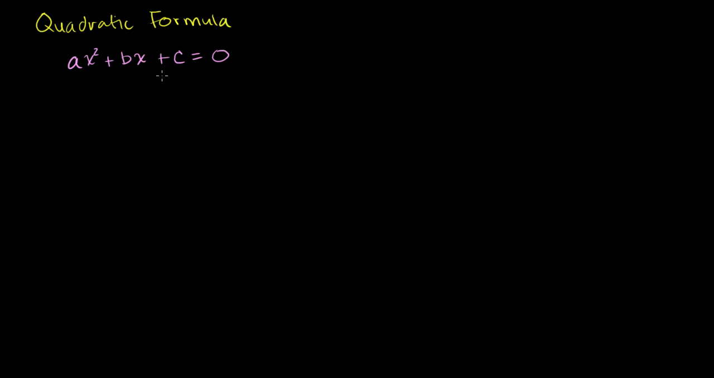You should recognize this. This is a quadratic equation where a is the coefficient on the x squared term, or the second degree term. b is the coefficient on the x term. And then c is, you can imagine, the coefficient on the x to the 0 term, or the constant term. Now, given that you have a general quadratic equation like this, the quadratic formula tells us that the solutions to this equation are